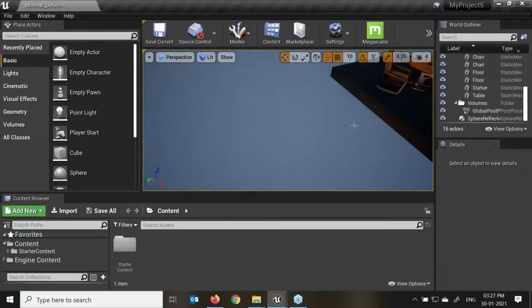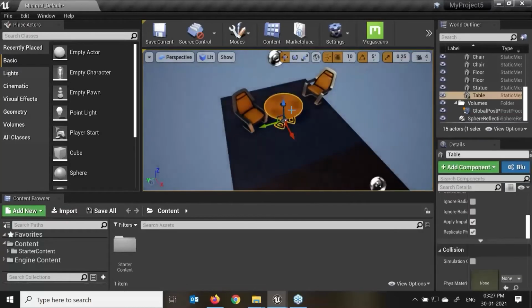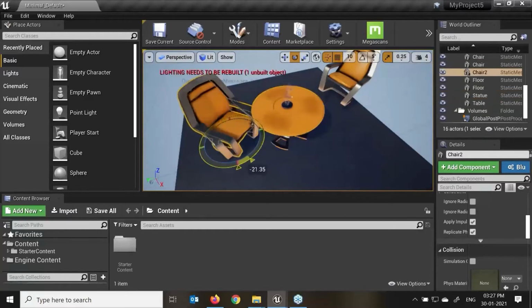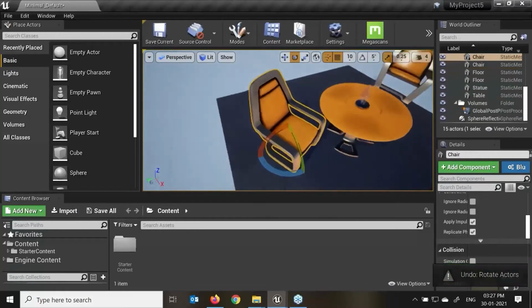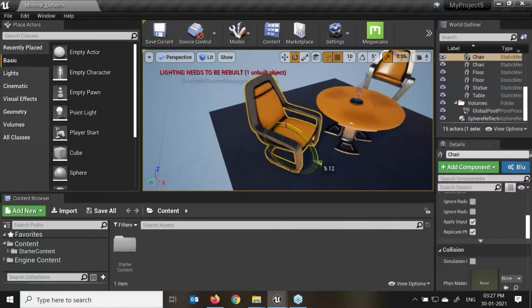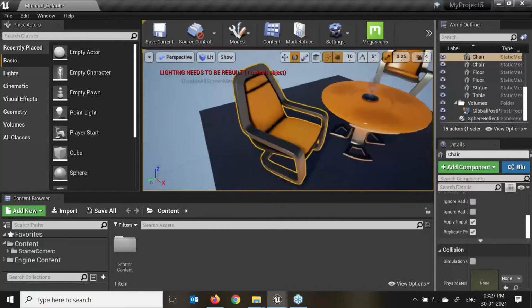Right, I'll just delete that part also. Again, I'll select this object and press F, focus on the selected object. Now this is the rotation snapping grid. If I make this off, and just in case I'm rotating this chair, I'll put it into the local axis, and we'll just rotate this. Here we'll see we are not getting the rotation values in whole numbers, it is coming into a point.